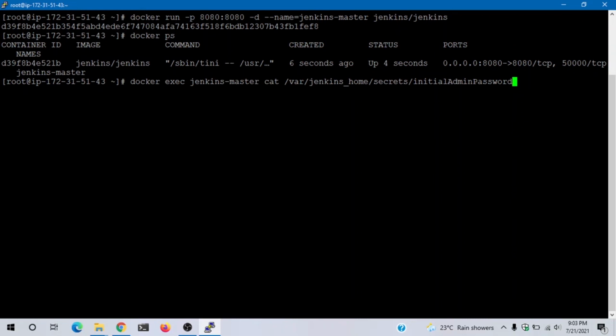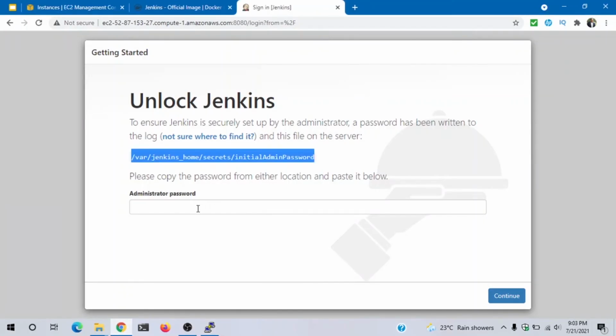The cat command will go to this directory and read the content of this initialAdminPassword file. So when I execute this, you'll see the content of that file. And when I go back to my window, I'll paste this and continue. You can see that I am able to navigate further.